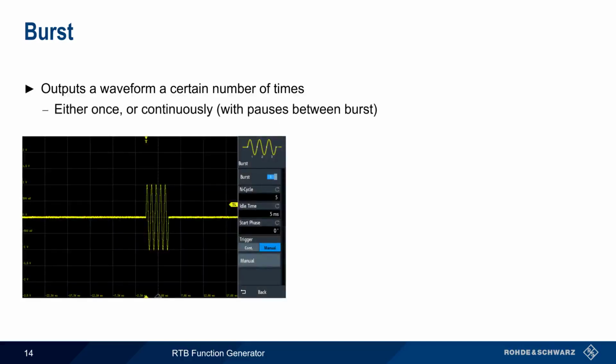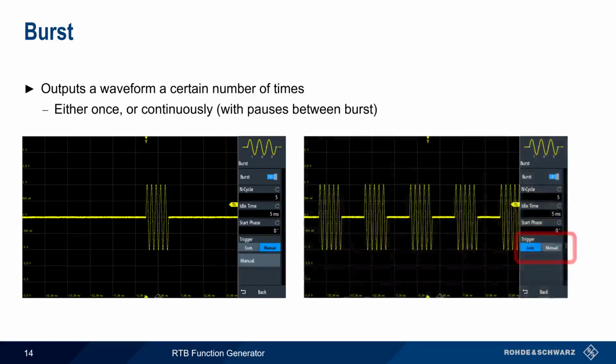For example, using a sine wave as our function type, we enable burst and set the number of cycles to 5. The RTB generator outputs a burst of 5 periods of the sine wave signal. Because the trigger is set to manual, only a single burst will be sent each time the manual button is pressed. If we change the trigger type to continuous, the burst will be sent continuously, separated by the specified idle time, here